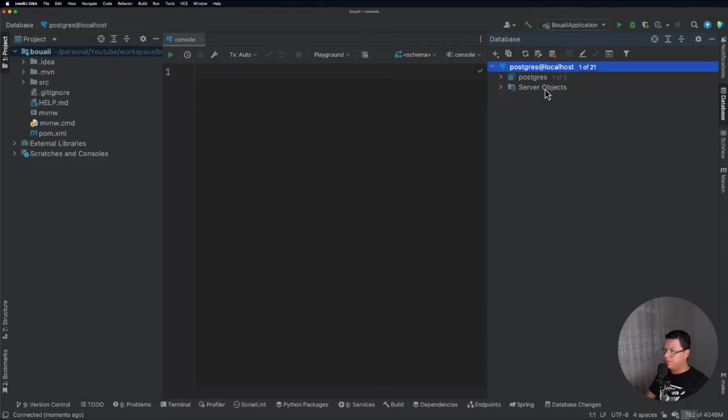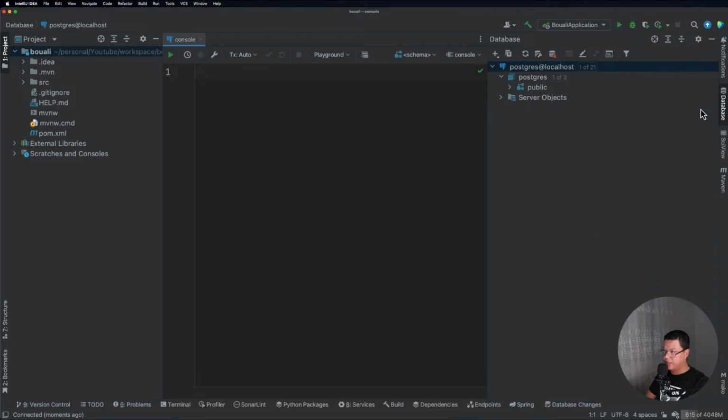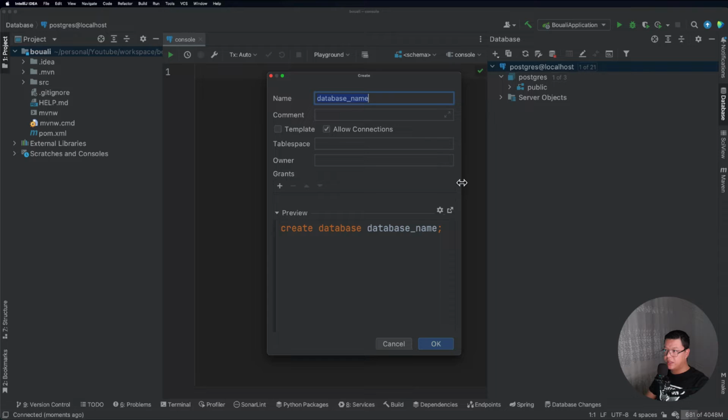So next step, here we have nothing in this public, we don't have any database yet. So let's go ahead and create a database for this workshop. Click on new and then database, and just give it a name.